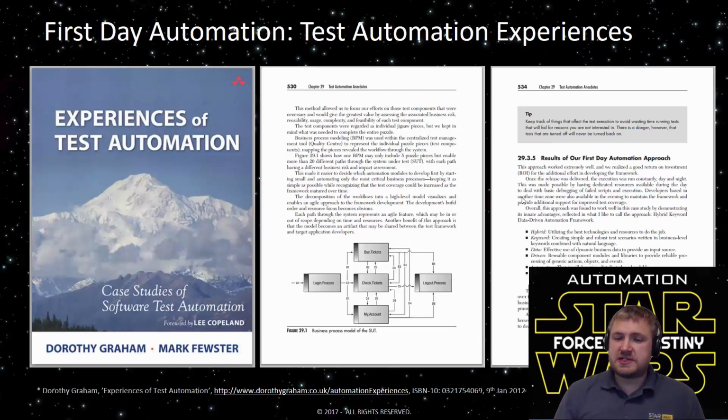Now, there's plenty of good material out there. I mentioned at the start I was lucky enough to contribute to the Experience of Test Automation book. I talk about everything that I'm pretty much talking about today in this book around how you address these kind of challenges. Equally, as you can see from the summary on there, I talk about keyword and hybrid and data-driven approaches and frameworks in more detail. Equally, later on, there'll be a Wikipedia link where a lot of this material is being published.